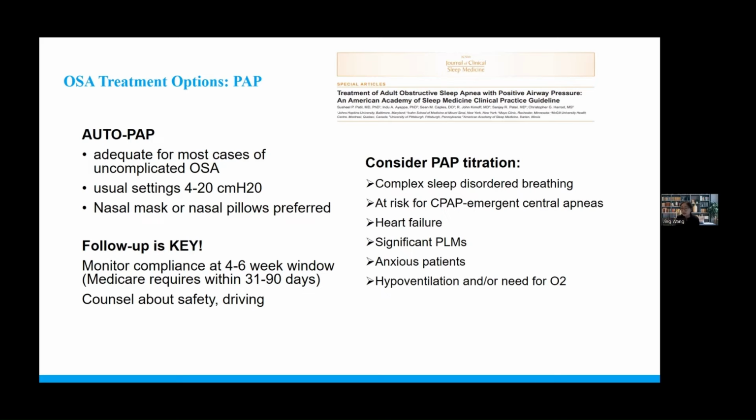And we see this a lot, and we do this a lot. Our technicians will walk patients through if they have claustrophobia, if they can't tolerate the pressure. We can change masks during the night. We can add things like a chin strap. So it may help if you have particularly anxious patients who are interested in trying PAP. And then obviously, again, for hypoventilation, anybody who needs to add oxygen to their PAP therapy, these patients really should be coming back for PAP titrations.